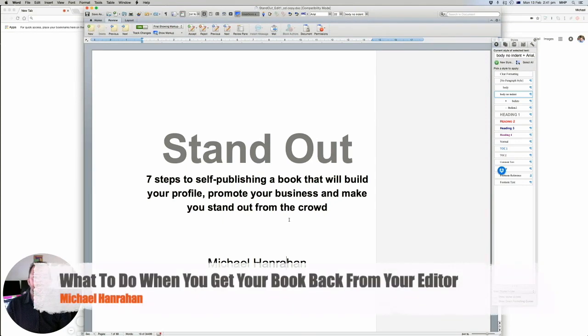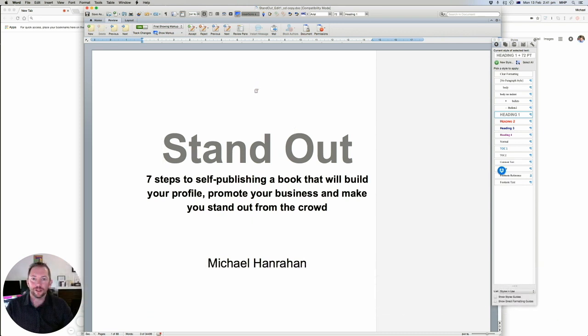Hi everybody, Michael Hanrahan here, and today I'm going to show you what to do when you receive your file back from your editor. So the first thing you have to do is make sure that Track Changes is turned on. This is important. It allows your editor to see any changes that you've made and also allows you to